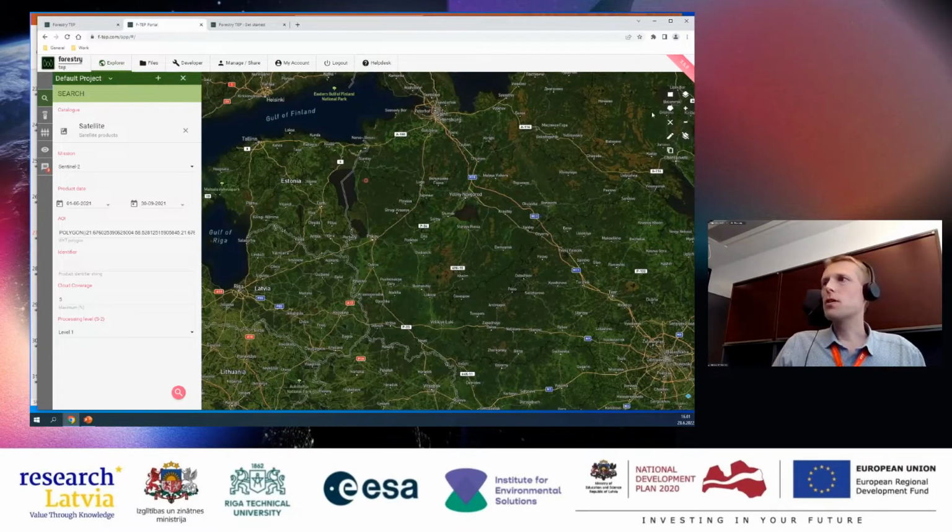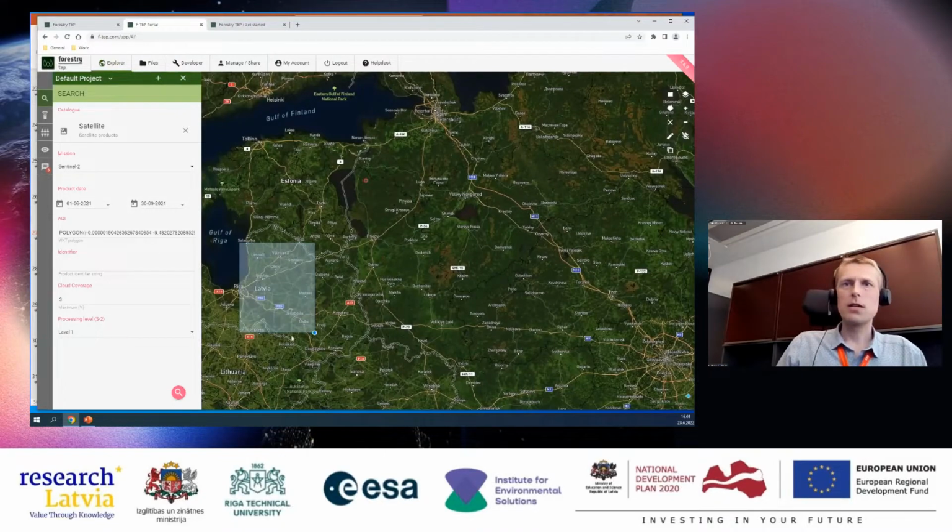And then the polygon. Now you need to use the polygon tool, which you can find in the upper right corner. And you can create a search polygon. Let's try somewhere in Latvia, for example. And when you create this polygon here, you may have noticed it automatically inputs the string here. In some services, it might not do it.